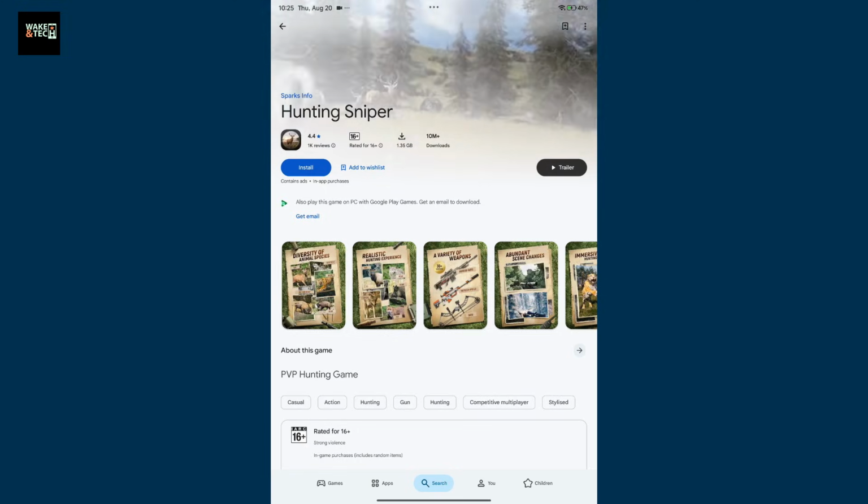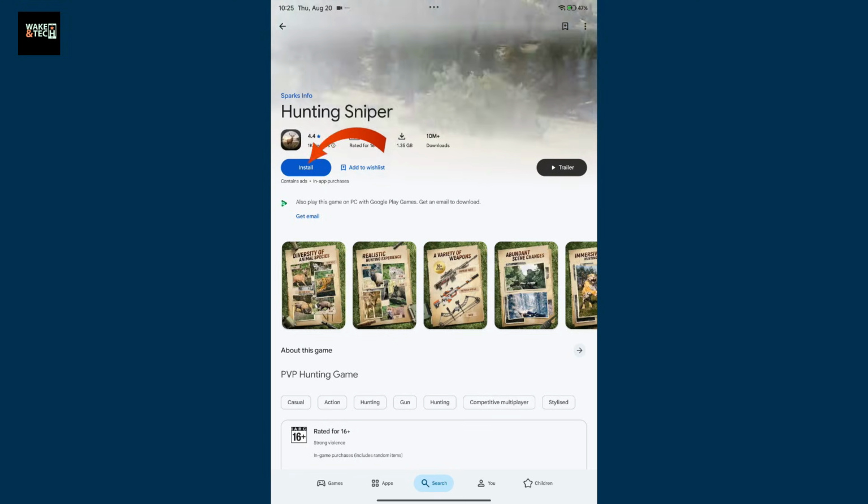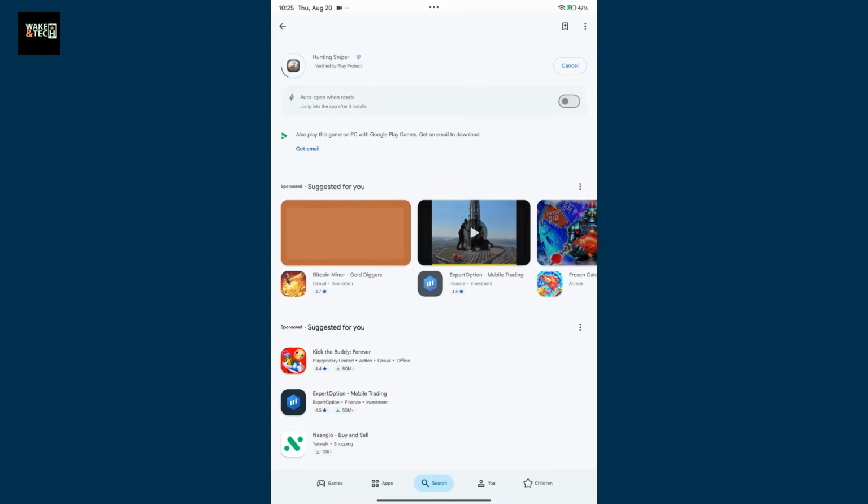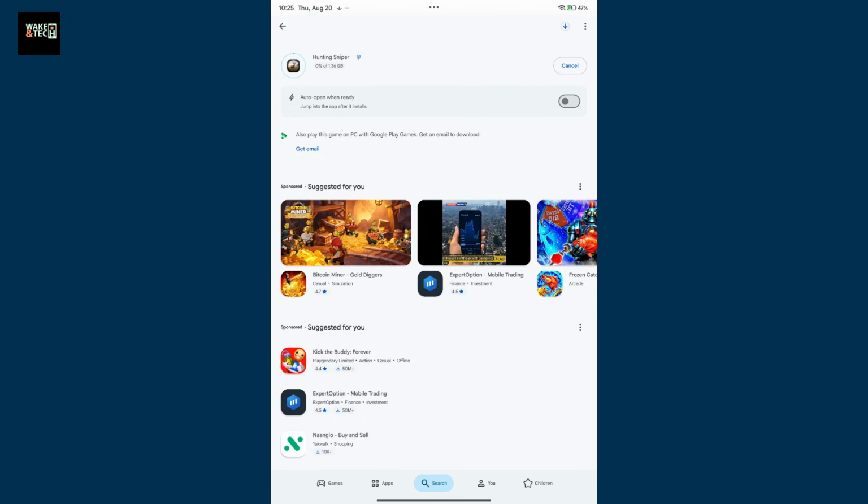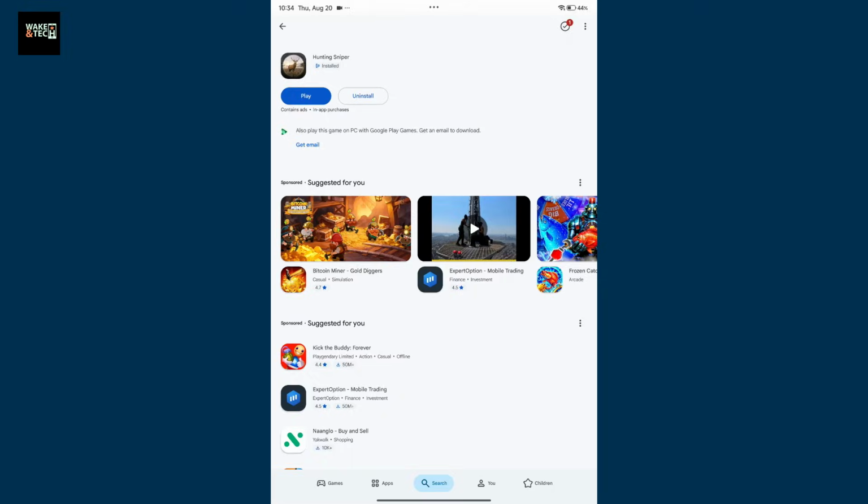Sparks Info. After you get to this page, tap on the install button to start downloading the app on your device. Now wait for the application to download and install, which will take a couple of minutes depending upon your internet speed. Once the application is installed, tap on the play button to launch open Hunting Sniper on your Android